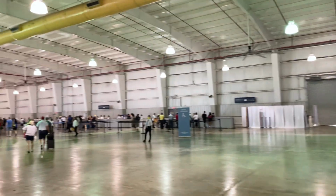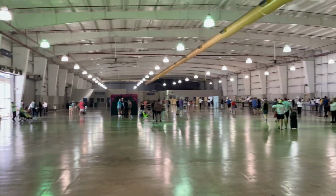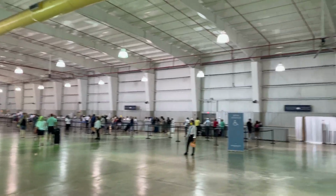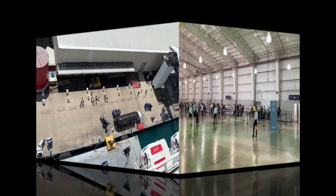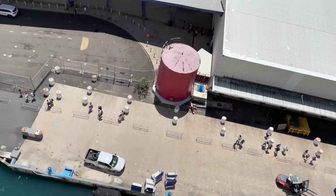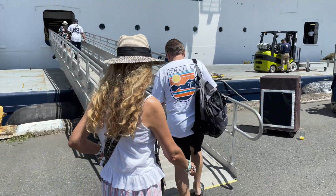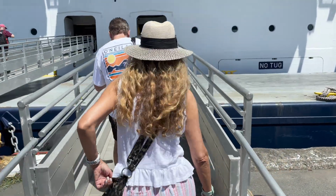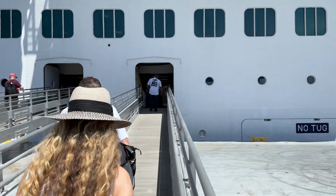And first and foremost, when you get to the San Juan port, this is an actual video of the port itself. It is an empty warehouse with a bunch of different kiosks where you can check in. I went at noon and I was on the ship within 5 minutes of entering the port. Yeah, within literally 5 minutes. So as you can see on the screen in front of you, this is how you get on the ship